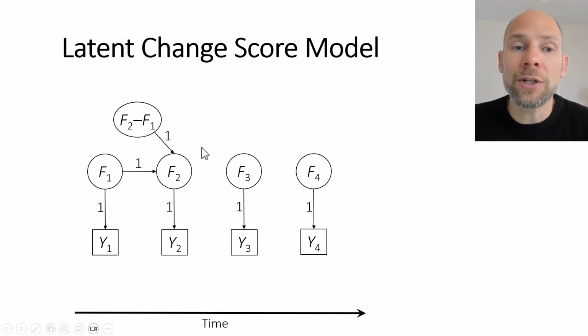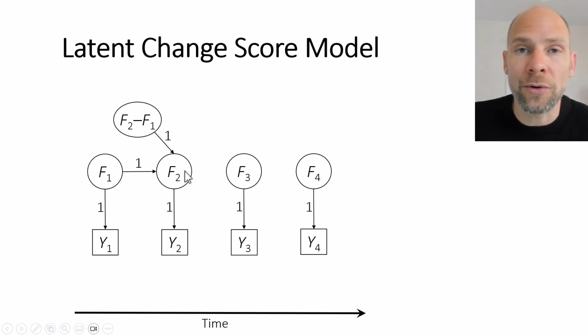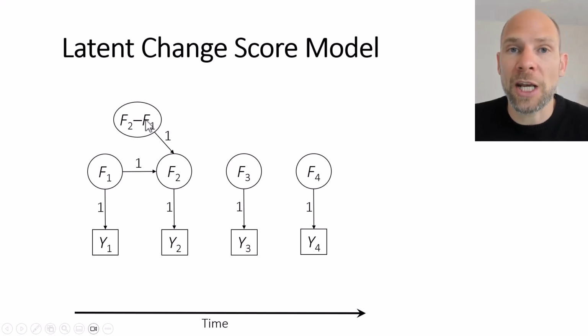And there's no residual here, so there's no residual variance or variable for F2, and that's important. So F2 is completely determined by F1 plus change, and so fixing those loadings, or those paths, is required in order to make this the change score factor. Furthermore, there is a path between F1 and the change score factor, a regression path, or